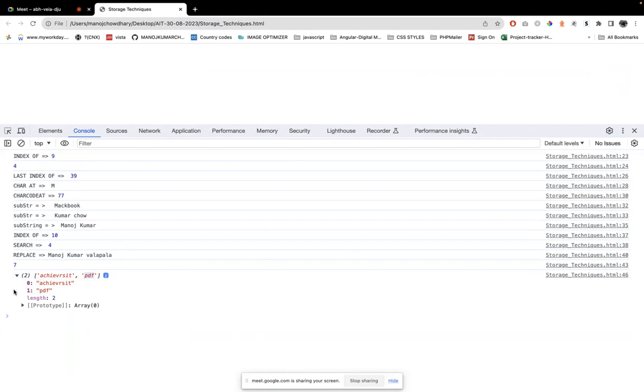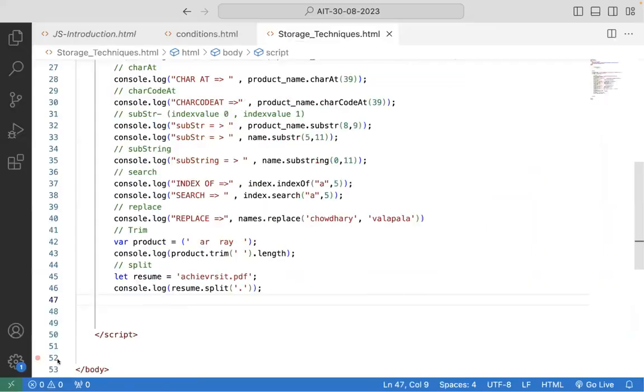Basically, my split method is dividing my string into multiple parts as per the delimiter. Okay, converting string into an array. My split method will help me to convert any string into an array. Clear? For example, okay,